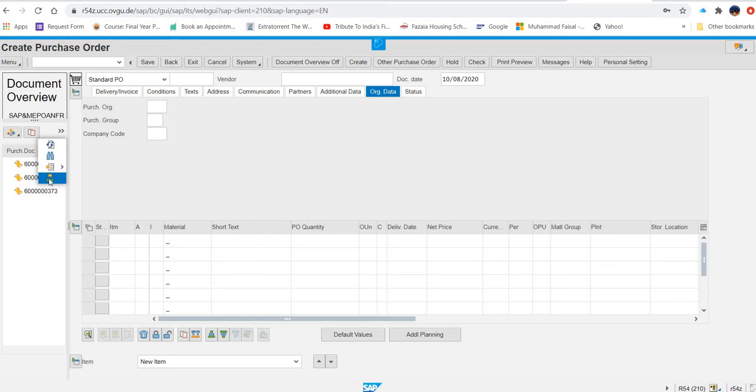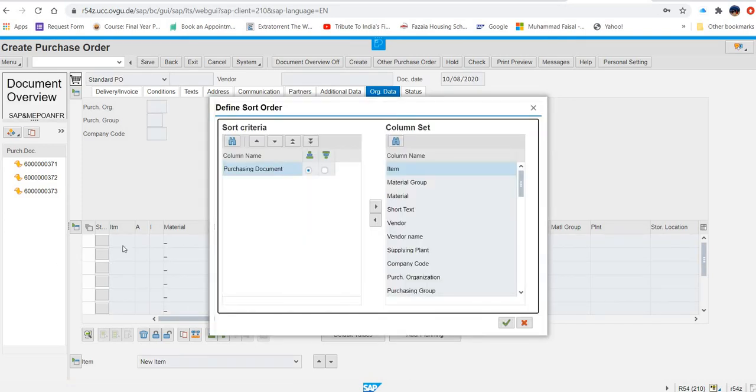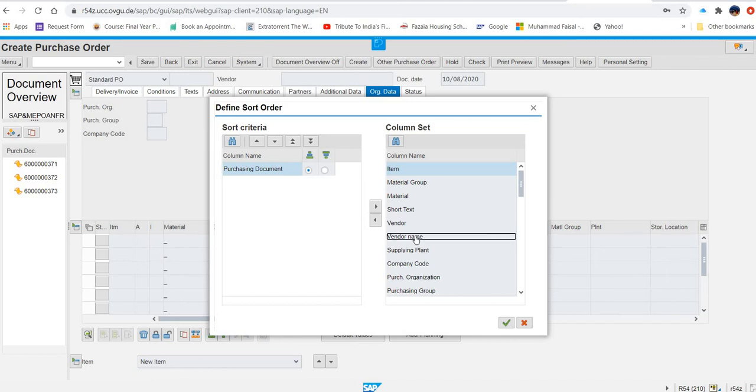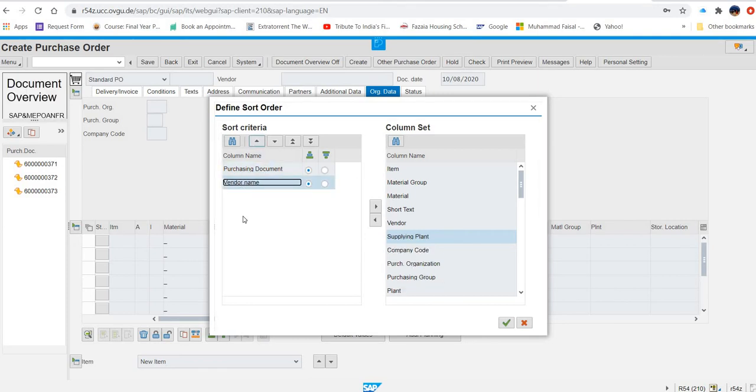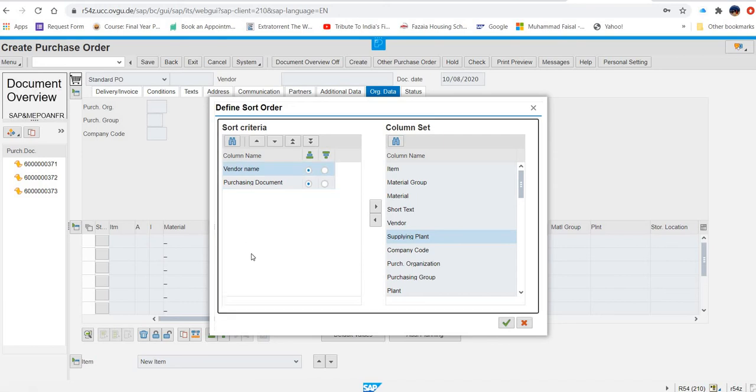You can see here the breakdown. With the breakdown, they are saying just select the vendor name and add it in this, and then make it upward, so the things will be displayed with the vendor name.